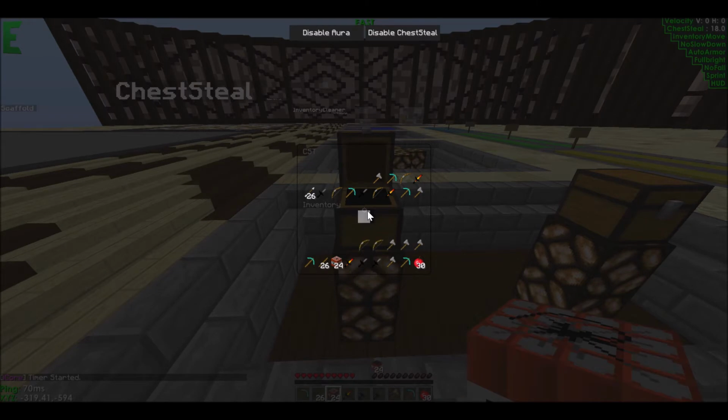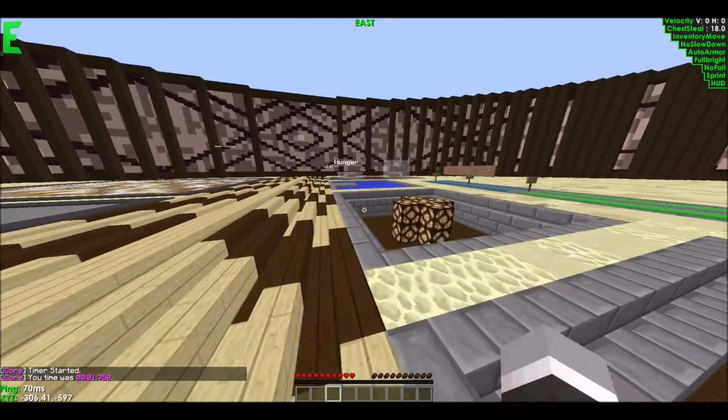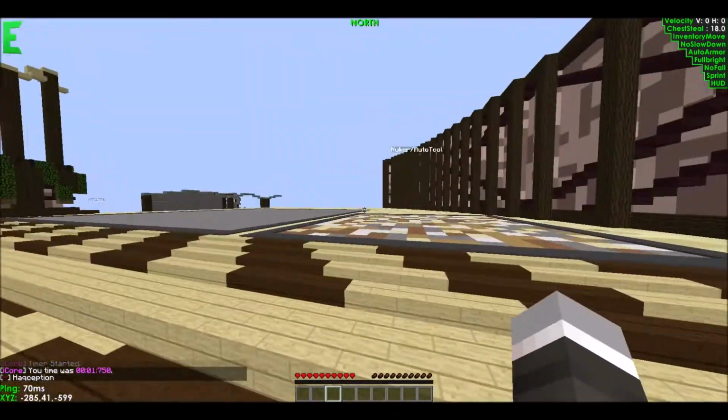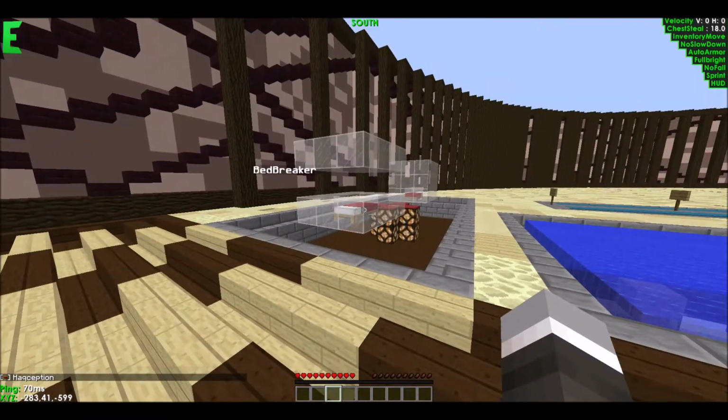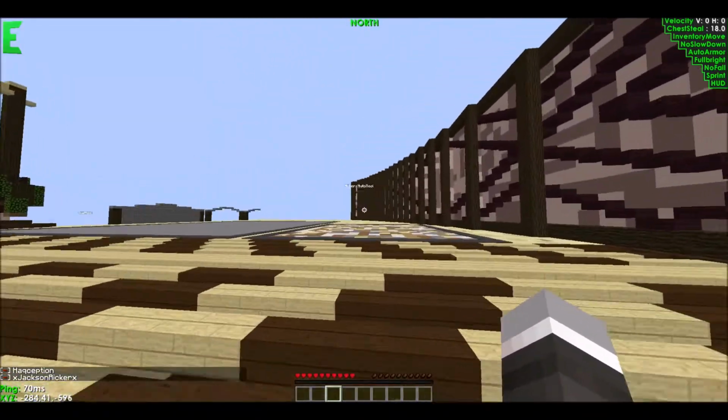So if we open it, it's going to automatically take all this stuff. This says it's for inventory cleaner. We're not going to mess with that. Let's see, what do we have on here? Autofish. I'm looking for something that's kind of interesting. Bed breaker. I don't think there's one of those on this client, but basically it just automatically breaks beds for